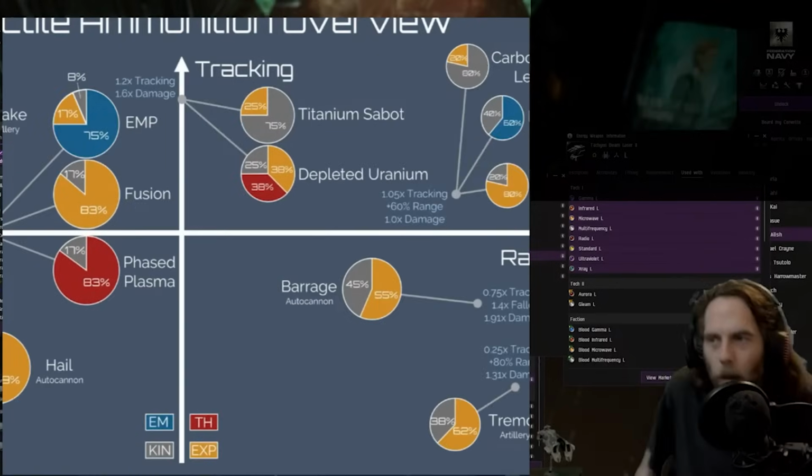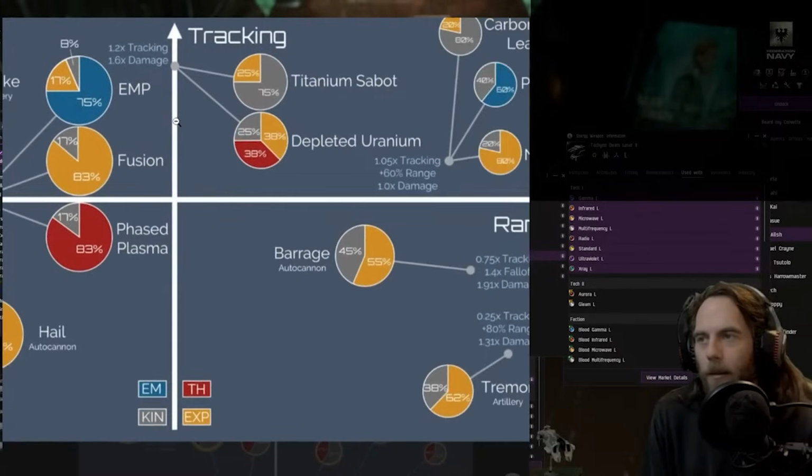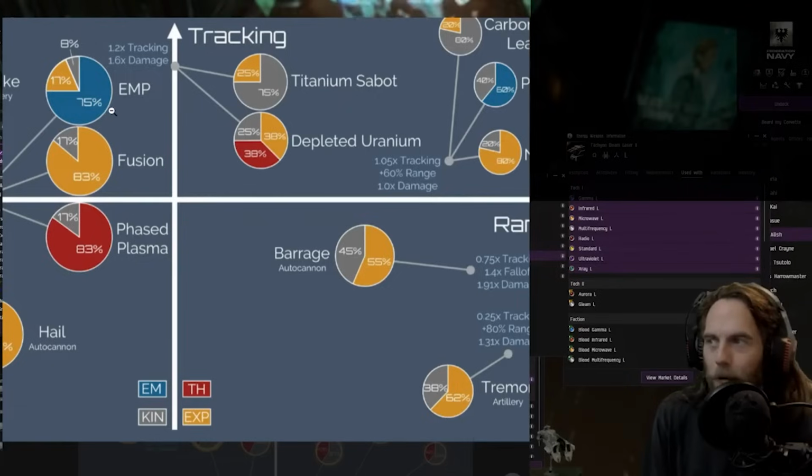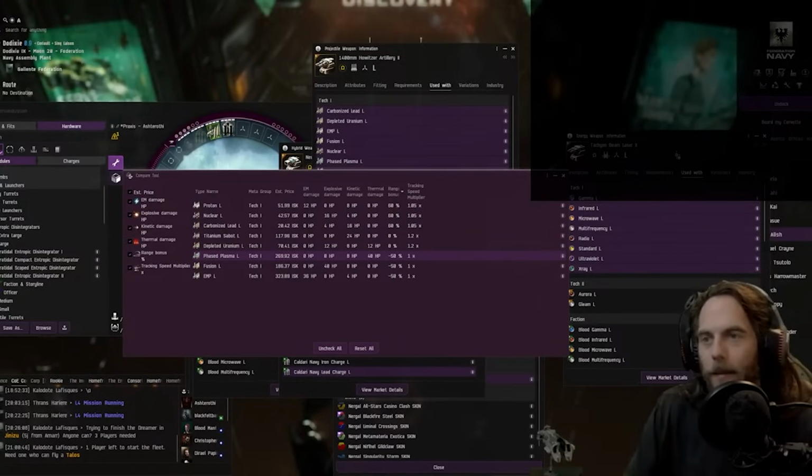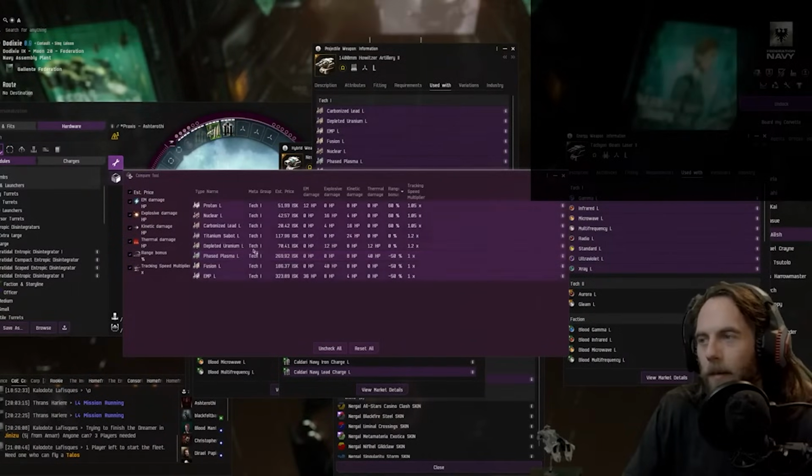It takes 10 seconds to reload a projectile weapon system. You may think, okay, well, I'm doing kinetic damage, I need to switch to EM damage. But is it worth 10 seconds of not doing any damage in order to switch to EM? That's the question. A couple of other caveats, I guess, is one other special thing when it comes to ammo,